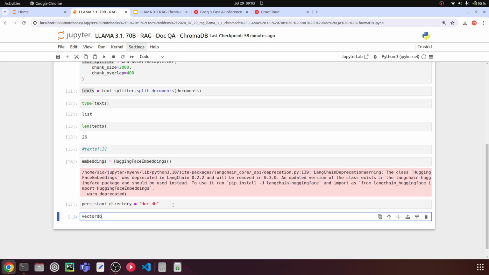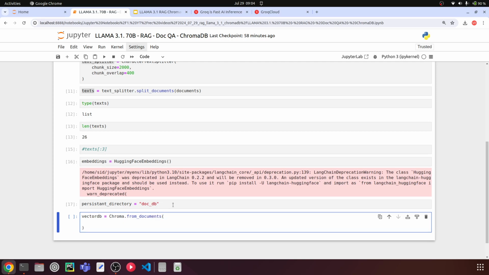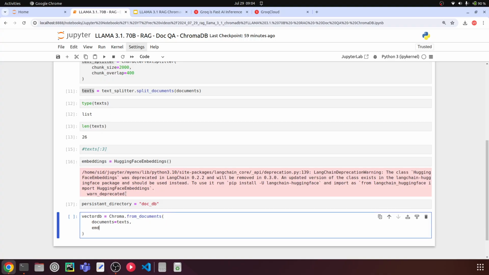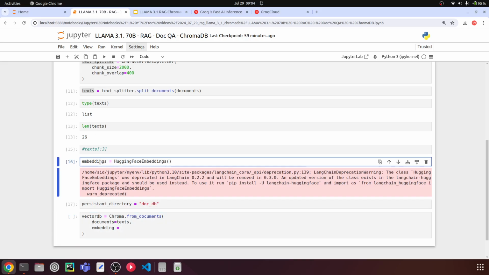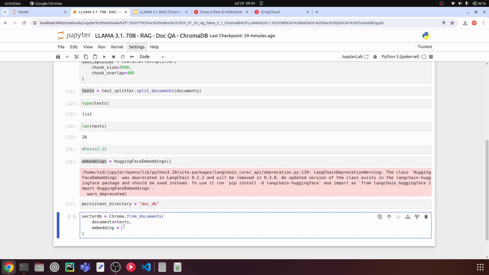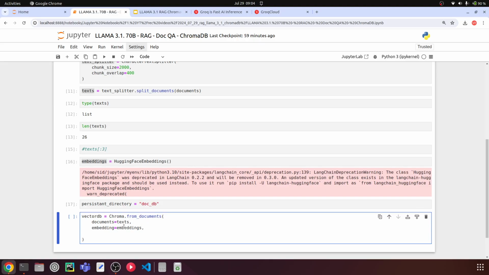vector db is equal to Chroma dot from_documents. Here we have to pass in the parameters. The first parameter is documents, which is nothing but the text chunks that we have created as a list. The next parameter is the embedding model that you are going to use. So this should be embedding is equal to this embeddings model. And then the persistent directory,